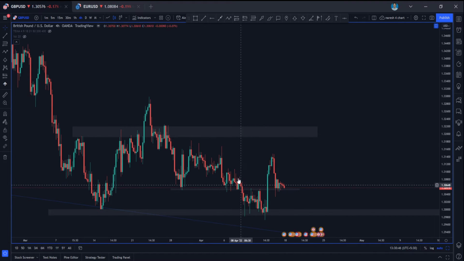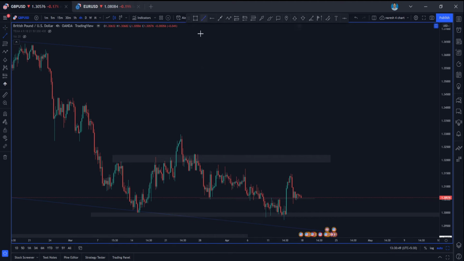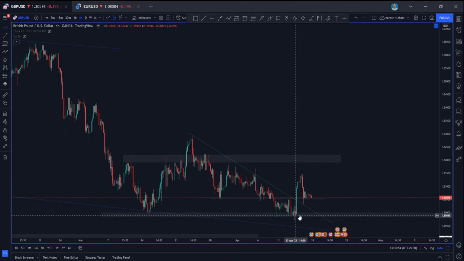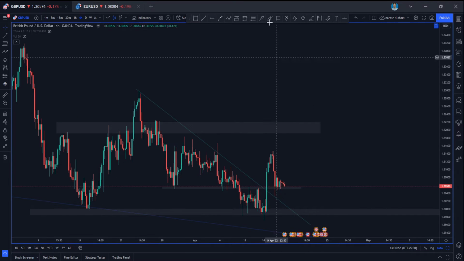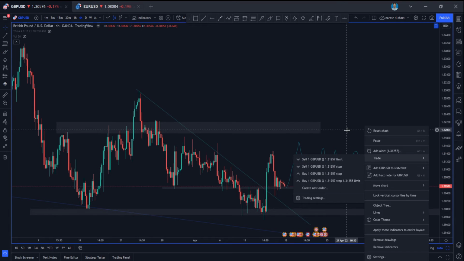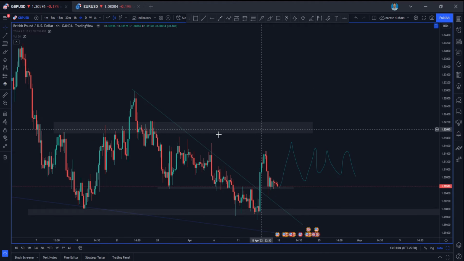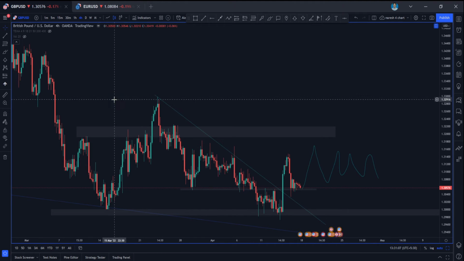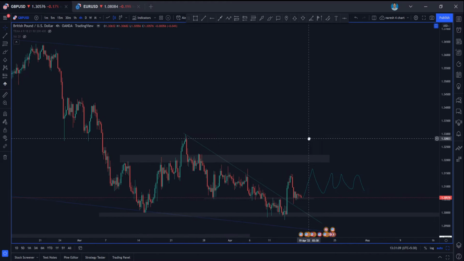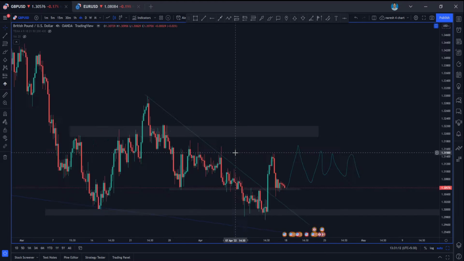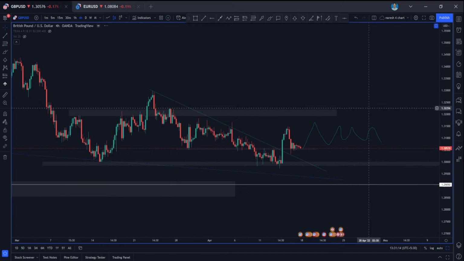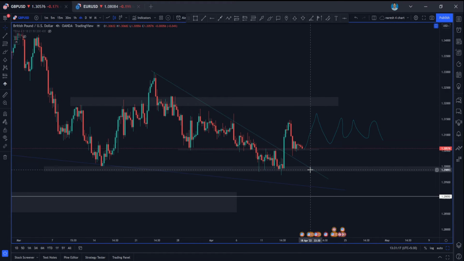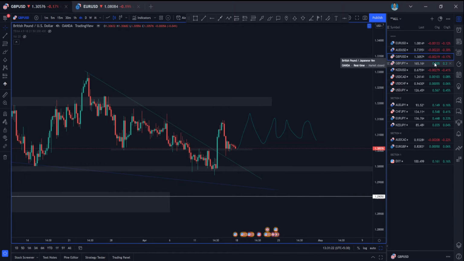So I would not suggest you to trade here, because even if you draw a trend line something like this, it has already broken this trend line to the downside as well. It is moving up and consolidating, so it can go up again and come back. Until it breaks out of this consolidation, don't try to enter for higher time frame trades like 4 hour or 1 hour. If you're going with 15 or 30 minutes, it's totally fine. But if you're going for swing trades, try to avoid it until it breaks this support or this resistance here. Okay, so that would be for GBPUSD, guys.